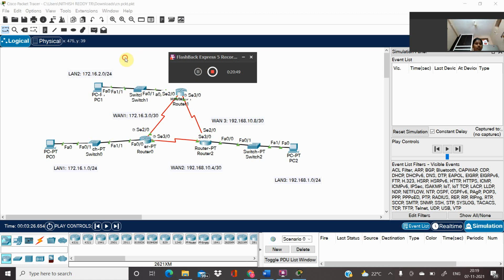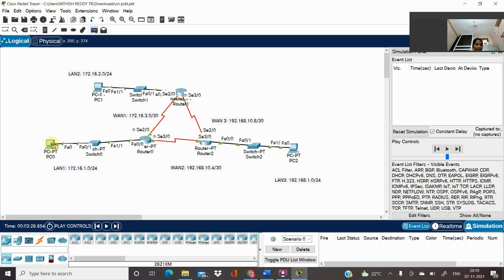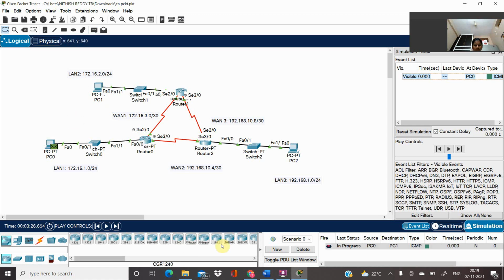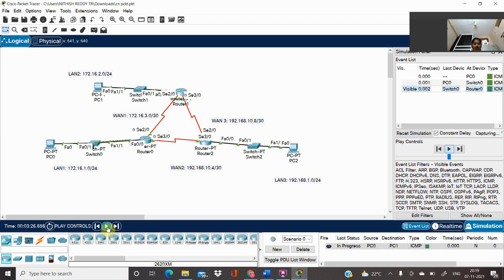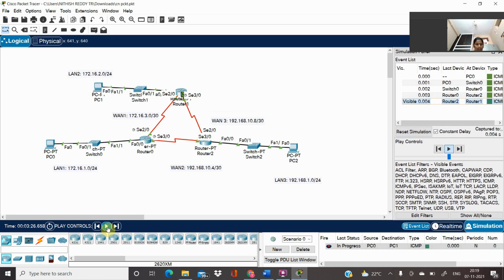Now let me do my pinging again from PC0 to PC1 in simulation mode, from PC0 to switch 0, and from switch 0 to router 0, and from router 0 to router 2, and from router 2 to router 1, and from router 1 to switch 1, and from switch 1 to PC1.